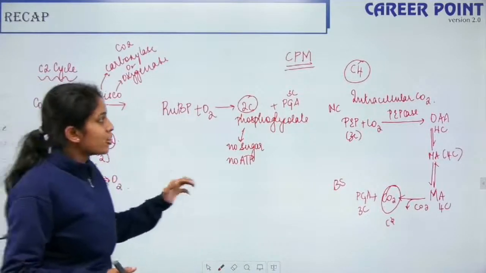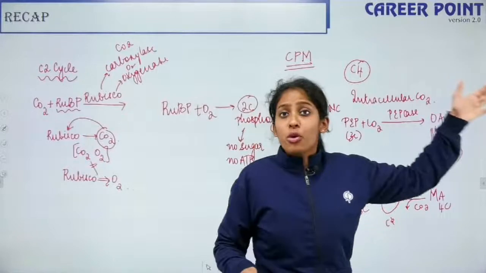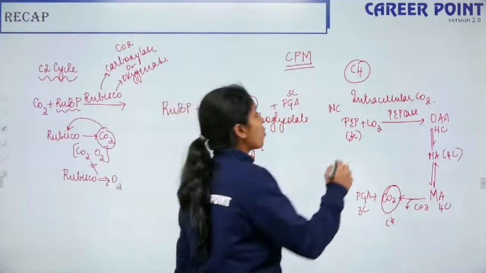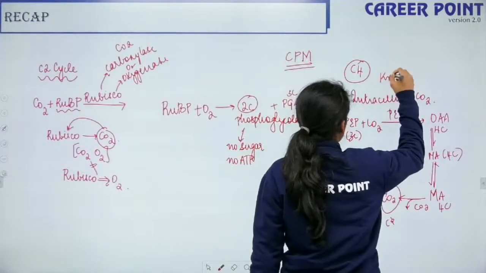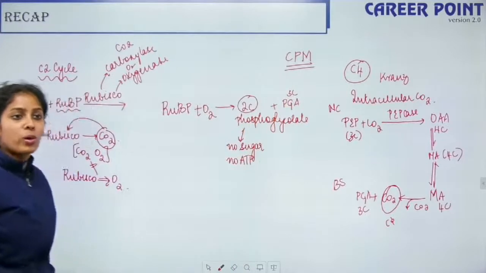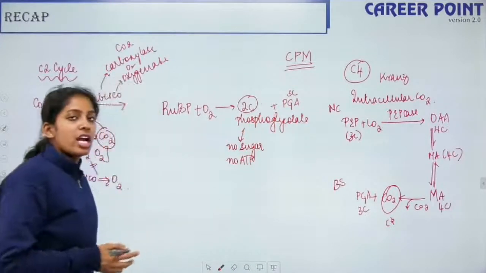So that is the main reason why your C4 plant is more efficient than the C3 plant. A quick glance: your C4 plants have what is called Kranz anatomy, which ensures it has more chloroplasts and more biomass when it comes to photosynthesis. Alright, yes? Fine. So let's move further